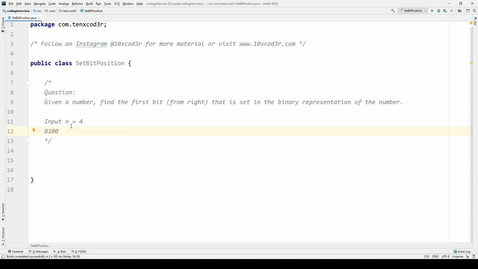In order to solve this question, we will apply the following logic. We will check the rightmost bit, and if the rightmost bit is a 0, then we will right shift the whole number by 1 bit. So we will obtain 0, 0, 1, 0 in the second iteration, and then again we will check the rightmost bit, and we will keep repeating this process until we have a 1 at the rightmost position. As soon as we have a 1 at the rightmost position, we will break out of the loop and